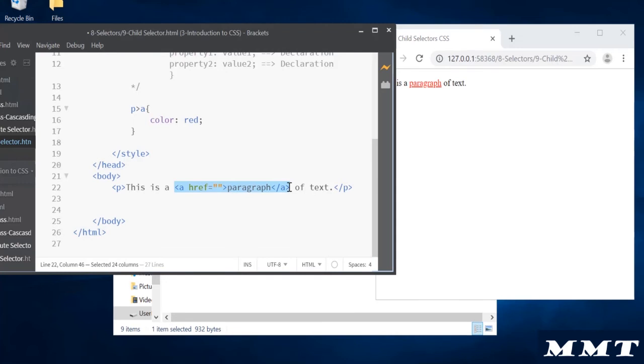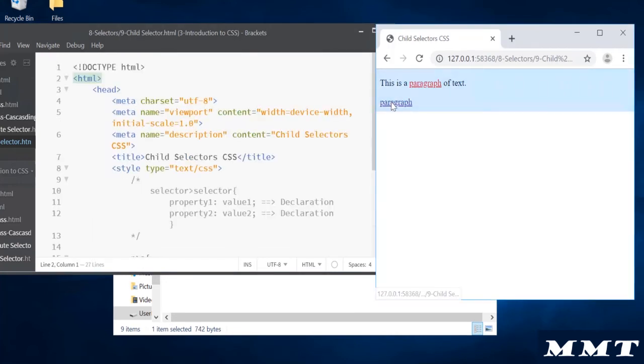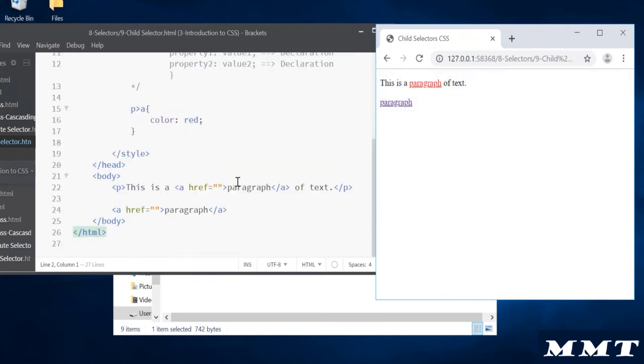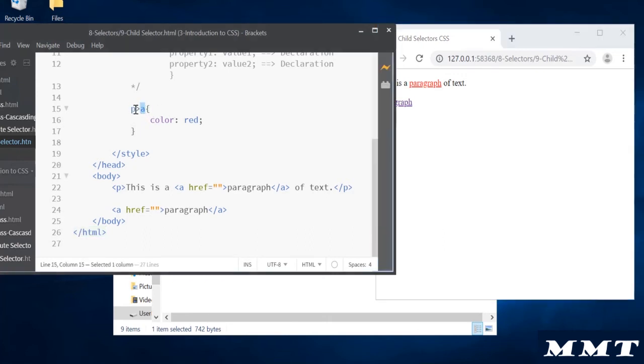That's basically the child selector, only when the anchor tag is inside the parent tag. So what happens if the anchor tag is outside? Okay, there's no impact, it's blue in color. Dark blue in color. So the impact is only available when the anchor tag is inside the p tag, meaning the anchor tag is a child tag to the p tag. Okay, what happens if you have something like this? Let's write another rule,